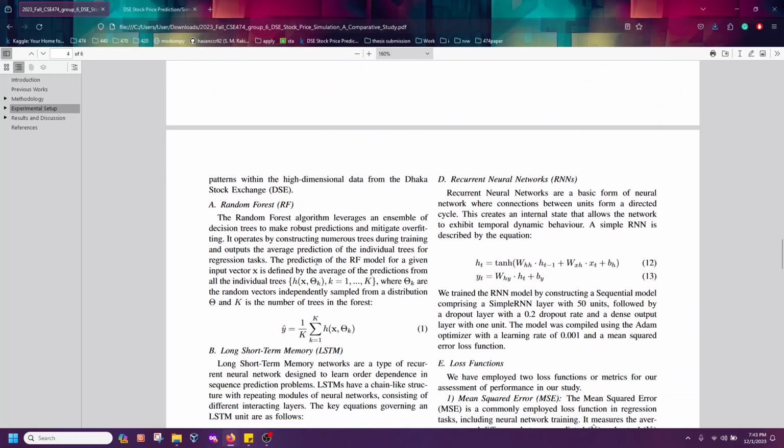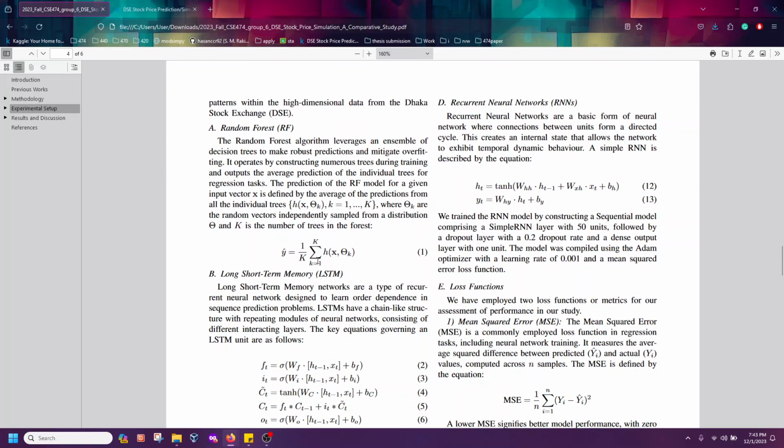First we have used the random forest. It leverages an ensemble of decision trees to make robust predictions and mitigate overfitting, and outputs the average prediction of the individual trees for regression tasks. So it is basically a very simple machine learning model which uses a number of decision trees to create a forest and goes randomly